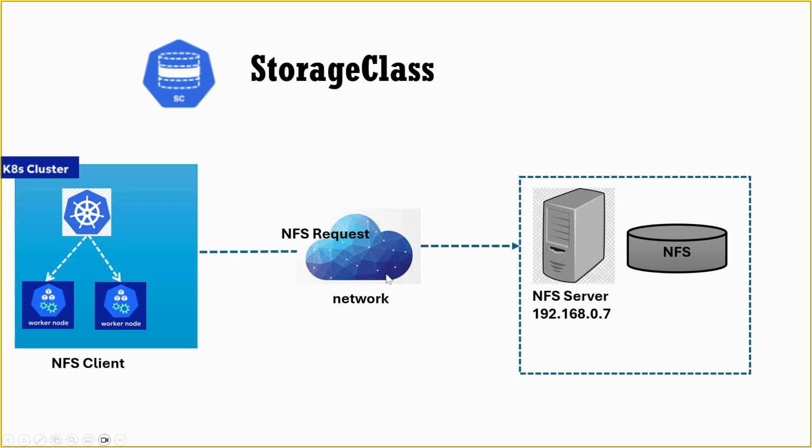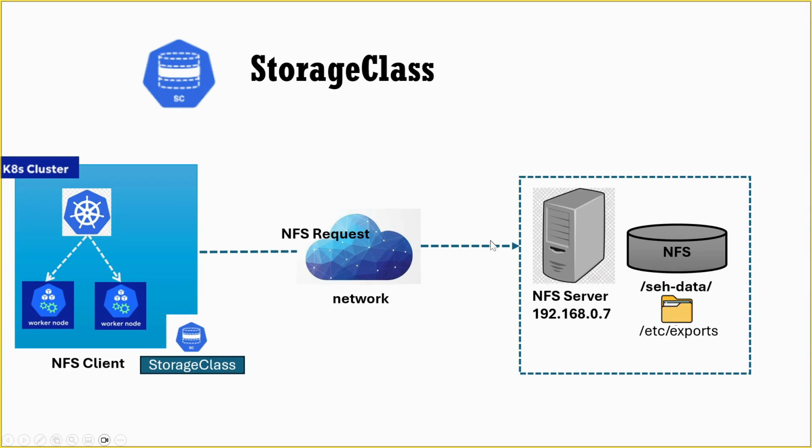Let's understand this with a practical scenario. First, the storage or infrastructure team prepares the backend storage. For example, they configure a network file system server. They might create a base directory on the NFS server, for example /schdata. Then they export this directory through /etc/exports so it can be accessed by the Kubernetes cluster. After that, this base storage location is exposed inside Kubernetes as a storage class. This is usually a one-time activity done by the admin team.